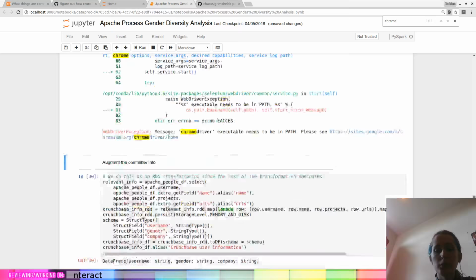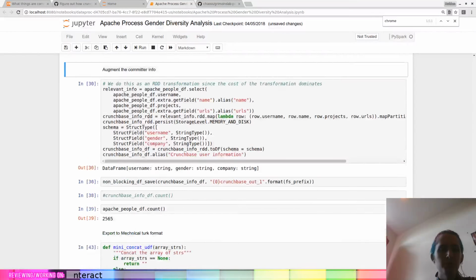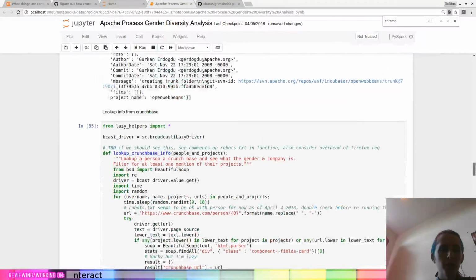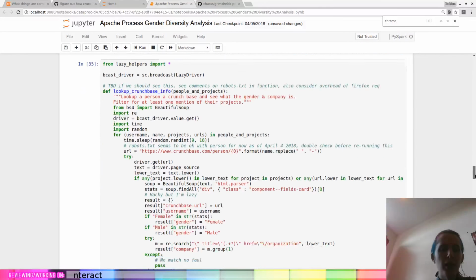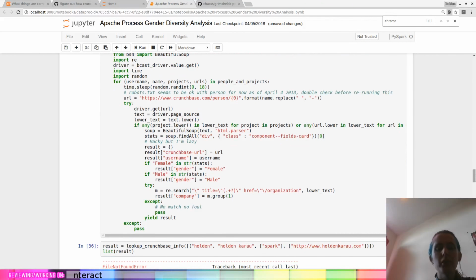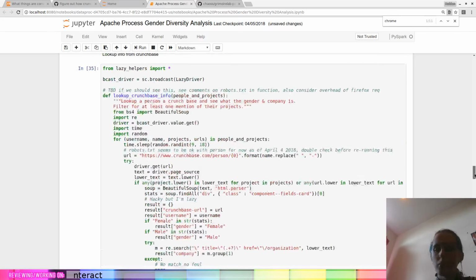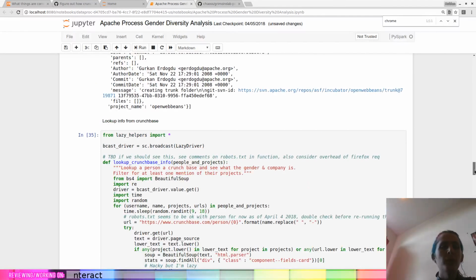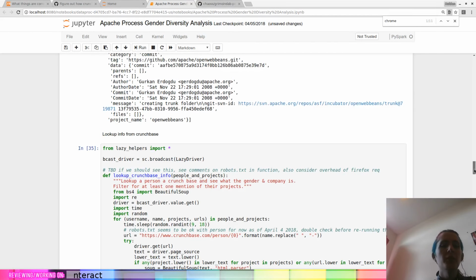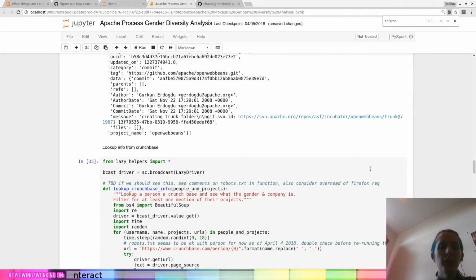Oh, damn it. The last time I ran this, it worked, so that's confusing. It's possible that I restarted my cluster, and since then I put Chrome driver somewhere else. So I'll fix this really quickly if I can. If I can't, we'll just skip this Crunchbase information for now.